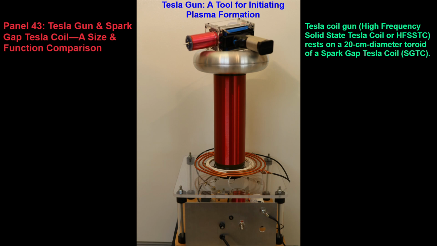The photo presents the high-frequency solid-state Tesla coil, or Tesla gun, positioned atop a spark gap Tesla coil for size comparison. The spark gap Tesla coil operates at 500 kHz, highlighting the contrast between the two systems. In the next video, the Tesla gun will be used to charge the xenon gas inside the globe, initiating plasma